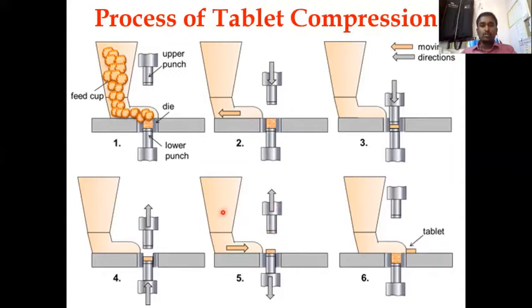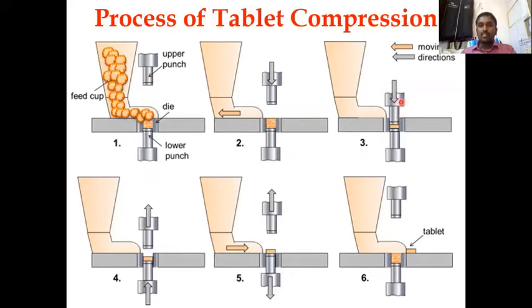Immediately the powders have to come into this area from here with a free-flowing nature. Only then will it be refilled, and then the tablet is going to come out. So there we studied the angle of repose as a means to calculate the flow properties, whether it is good flow or medium flow or whatever it is. That is the purpose. Now once these powders come here, they will be filled into the cavity like this. You could see a cavity where the powders have been filled.